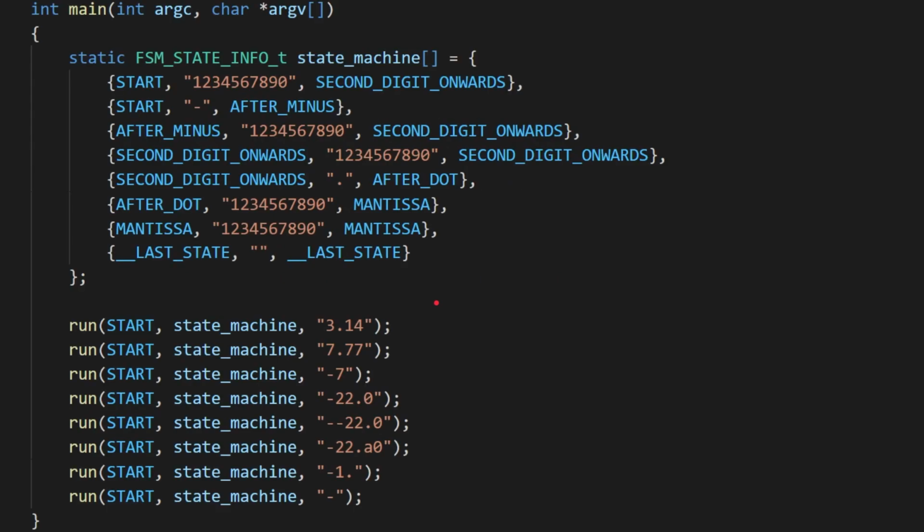And finally, here's the main function. So here is how we define our state machine. Start. Well, we want 1 through to 9. You move on to the second digit onward state. Second digit onward state here says you can have 1 through to 9, which takes you back to the second digit onward state. Or, of course, you can have a dot. If we look at the other start state here, if you have a minus, you go to